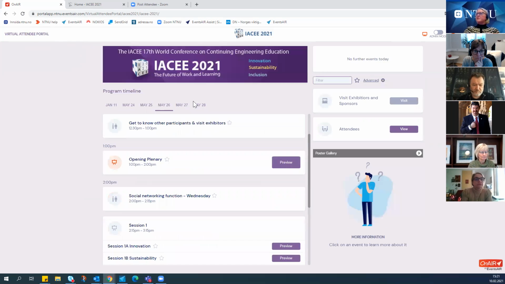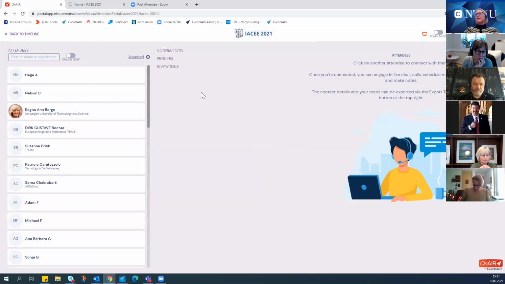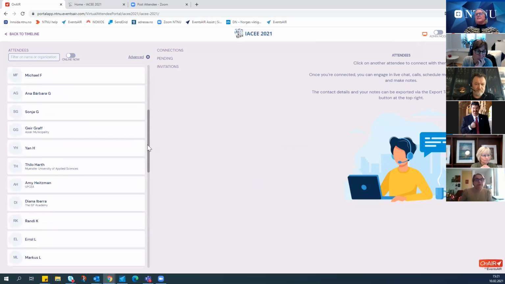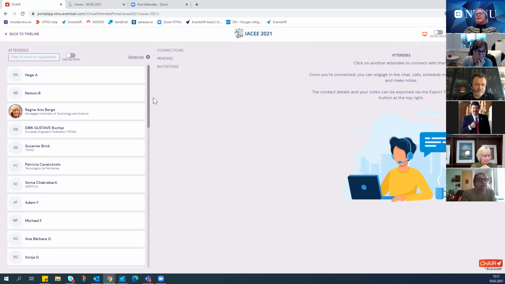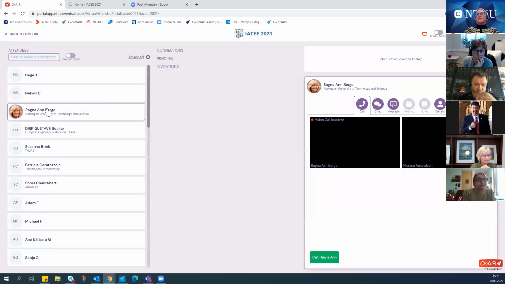That's the exhibitors. You also have other attendees, of course, in this conference. If you click on attendees, you see all the registered attendees in this list. And if I would like to connect with another attendee, I just click on the attendee. I can, at this point, call or chat with Ragnan. I don't know if she will answer me, but if I'm sure that I will have a meeting or